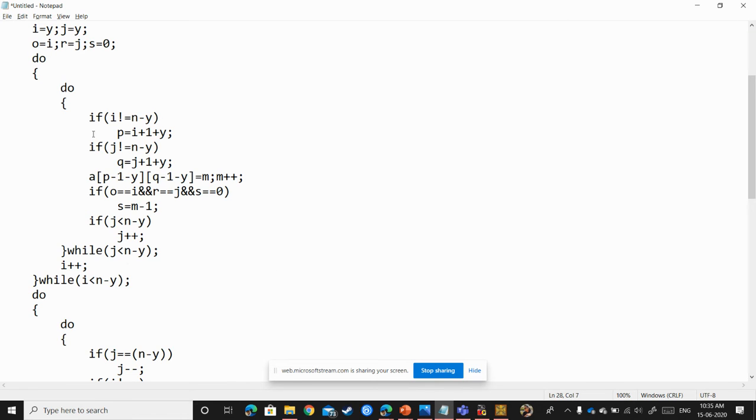Now, is the i value 0 not equal to n minus y, which is 4? Let me take the n value as 4 in this case. 4 minus y, which is 0, not equal to 4. So p is equal to i plus 1 plus y. So p's value is 1. Next j, I will have the same thing. j's value is also 1. So p minus 1 minus y, q minus 1 minus y, which is a of 0 comma 0,